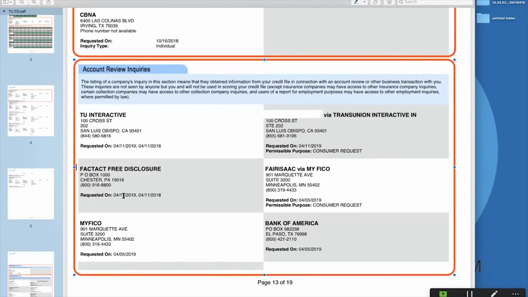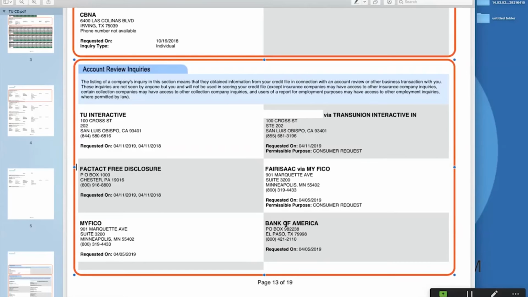So notice 4/11/2019, 4/11/2018, this is the process of getting it from annualcreditreport.com. My FICO, because this team member had a My FICO account, and when it was requested. Then you've got TransUnion Interactive, which is also here, Fair Isaac via My FICO, and Bank of America.